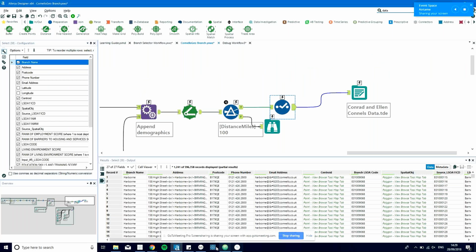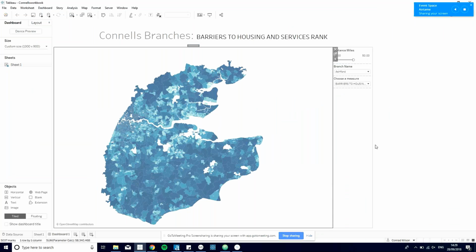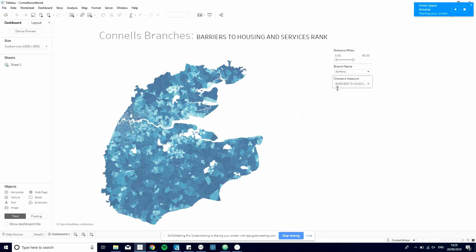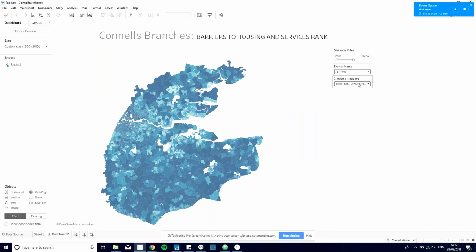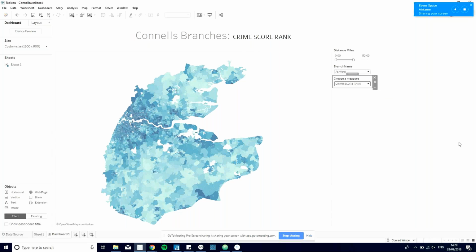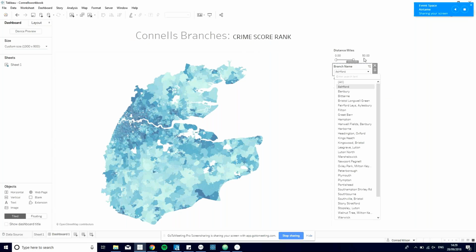And from this, nice data source name. Well, we're a team. We barely made it to Tableau, but got there nonetheless. And you can filter by the branch name, and you can also choose a particular measure. Crime score, that's my favorite. Where is this? Ashford, yeah. Okay. And you can also reduce the distance in miles. You can also do 100 or